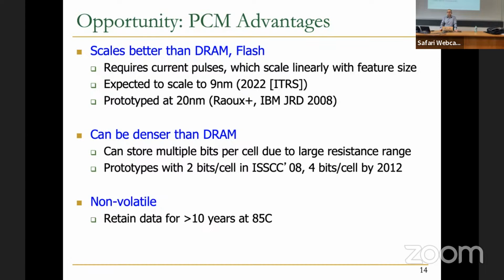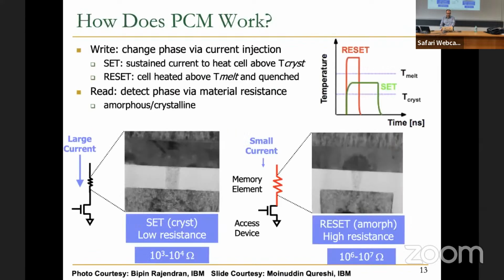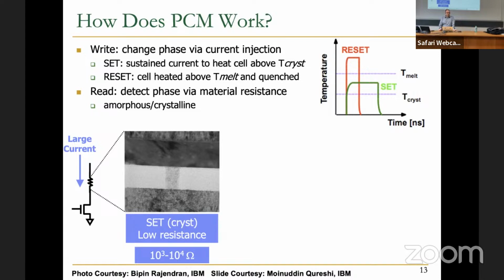But there is, of course, a trade-off. When you increase the number of bits per cell, you observe that you had quite a good difference between these resistance values, right? The difference is quite large if you consider you have only 2 states. But if you want to chop it down to 4 states, then the difference is not that huge. If you want to chop it down to 16 states in order to store 4 bits, for example, then your difference is not that much. And that's the problem. Your sensing circuitry needs to be quite accurate to detect the differences. Any questions?